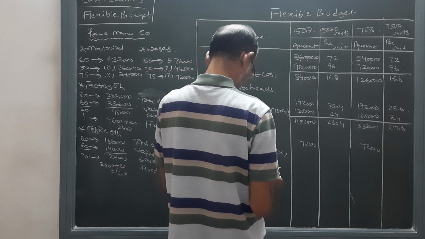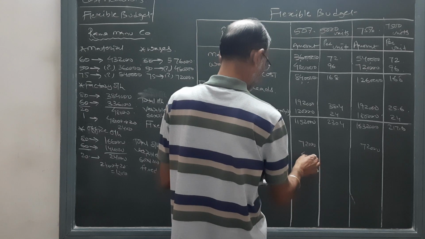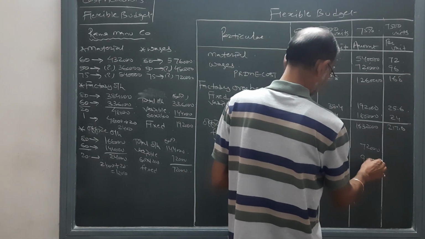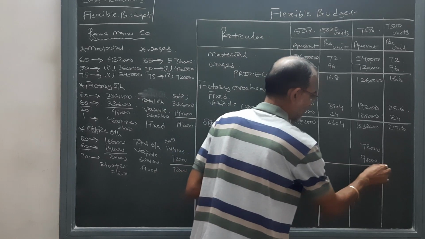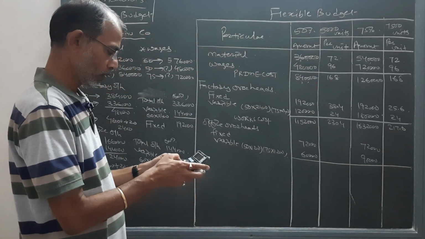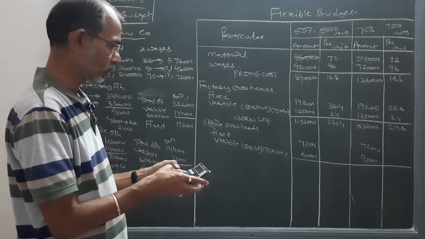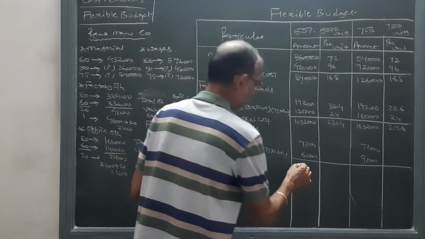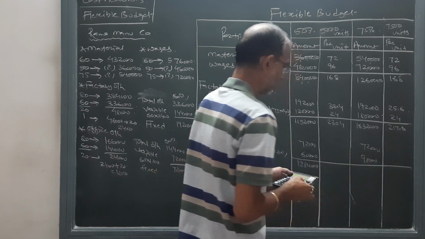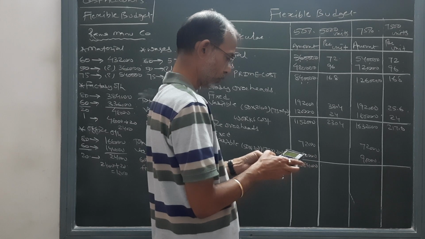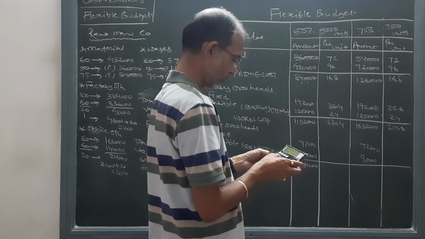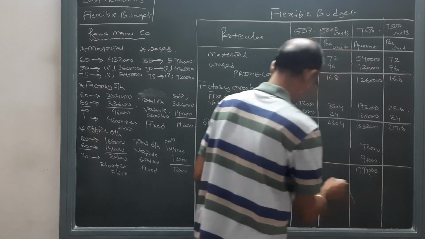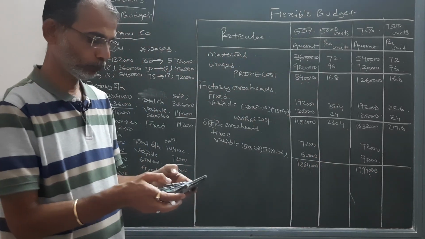60,000 and 90,000. That will give us cost of goods sold 11 lakh 52,000 plus 1 lakh 32,000, 12 lakh 84,000, and this will be 16 lakh 32,000 plus 1 lakh 62,000, 17 lakh 94,000. Now to find per unit,